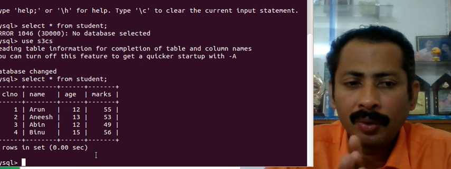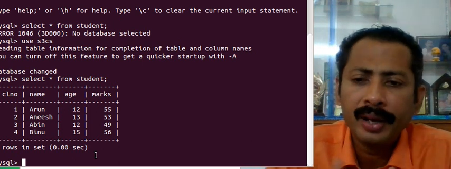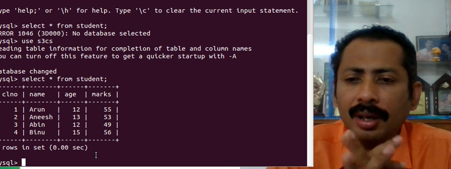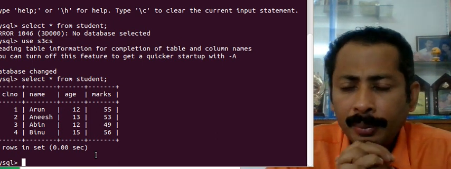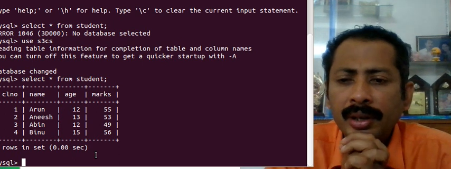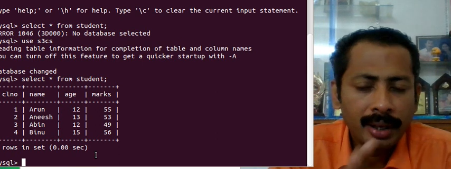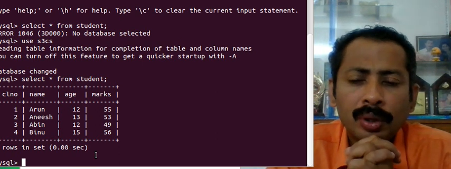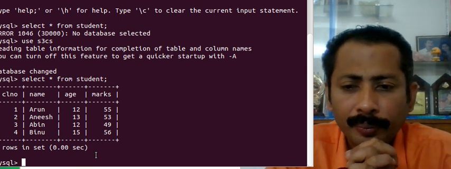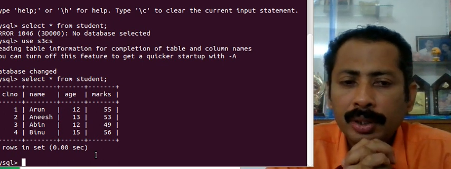So we are not able to identify that mark of Arun itself. And if I give the statement like this, change the mark of student having age 12 to 60, then as you can see there are two records having age 12, and so the marks of both Arun and Edwin will change to 60.